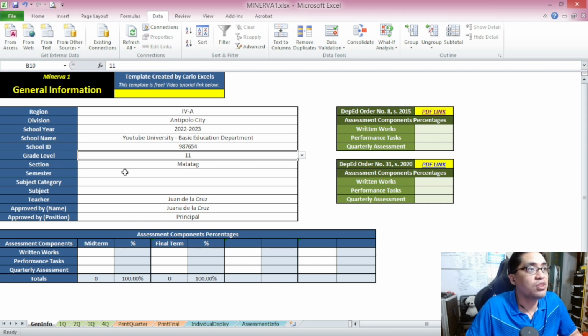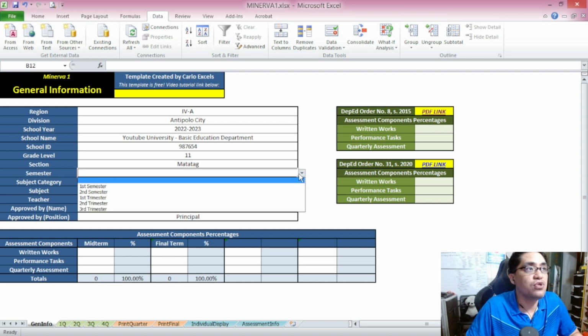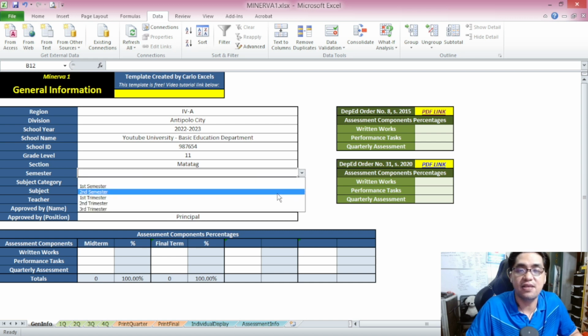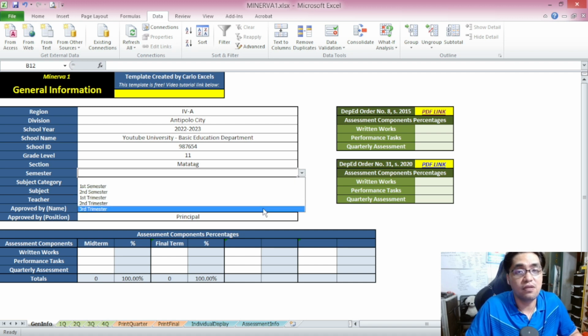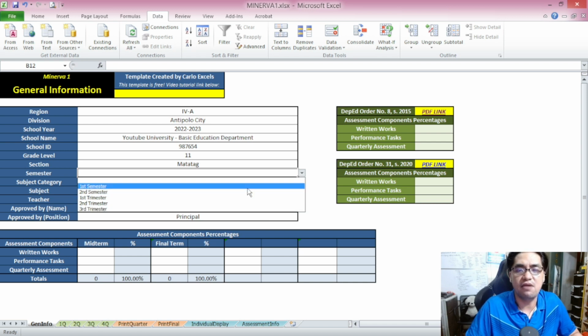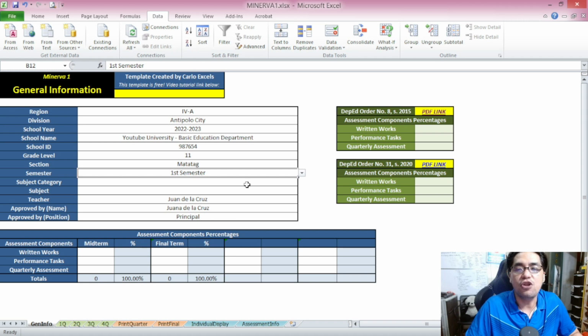So the template is going to ask the semester. So pick a semester over here. You may have first semester or second semester for those who are using a semestral format, or you can have your first trimester, second trimester, or third trimester for those who have a trimestral format. So let's pick here first semester, and then you're going to be asked